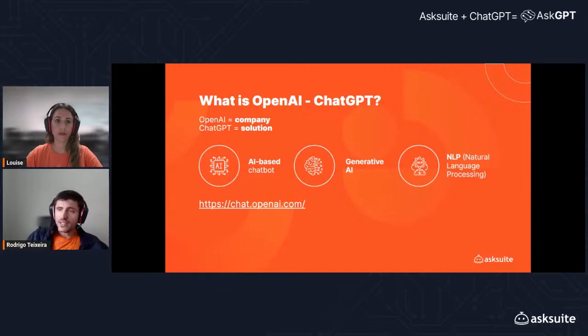So, what is OpenAI and ChatGPT? ChatGPT is a generative AI solution developed by OpenAI. And the biggest difference from the previous AI models that we've been interacting with is the ability to generate its own responses via text.